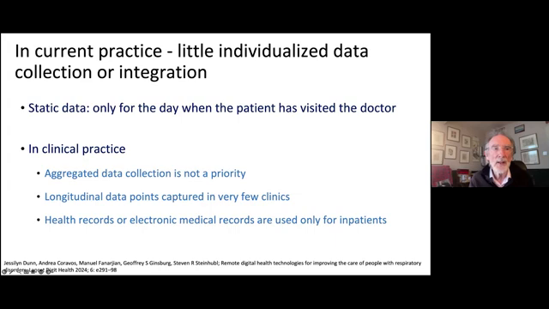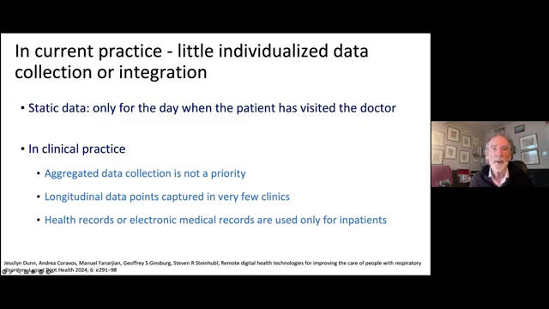It's not a priority. Longitudinal data points are captured in very few clinics. I know almost nobody who actually plots out their patients' investigations or their results over a period of time. In hospitals, it's better. We have electronic health records, and sometimes actually these plot out results. You can plot the biochemistry results over time, for example, but that's not really used at all in chronic disease